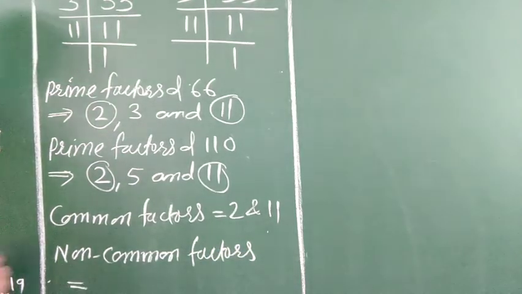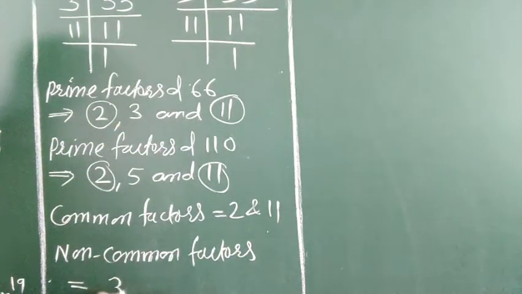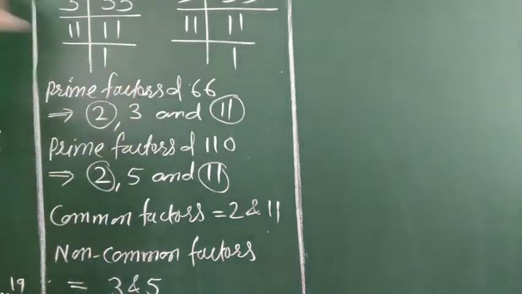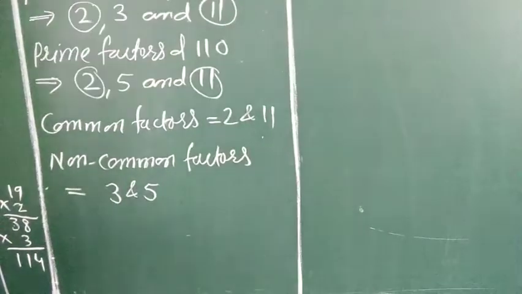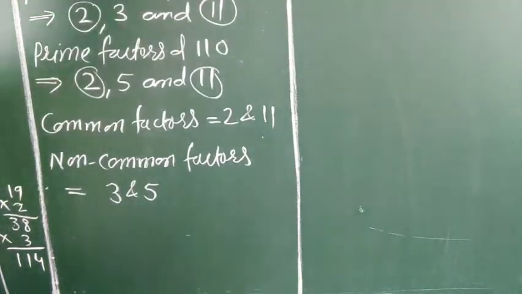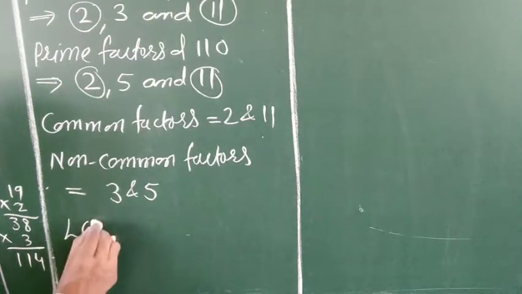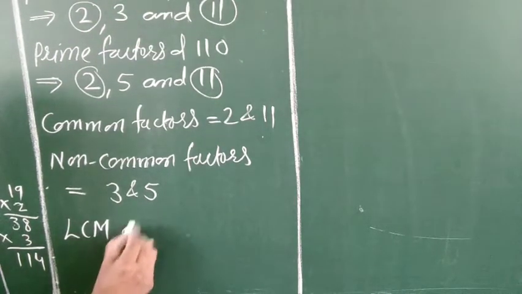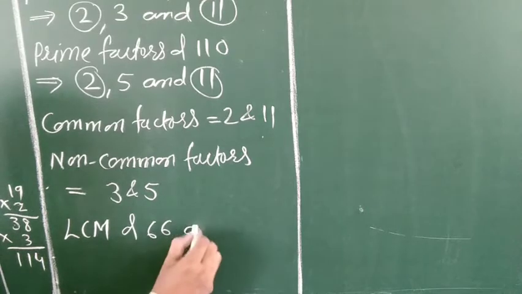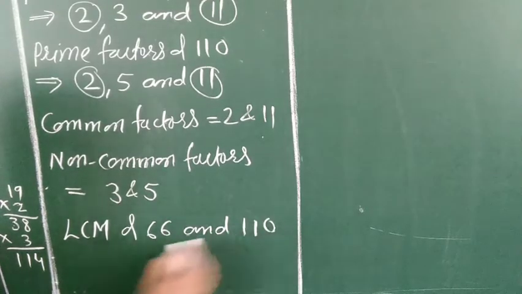Which are the non-common factors? 3 and 5. These are the non-common factors, 3 and 5. Now, the LCM of 66 and 110 equals